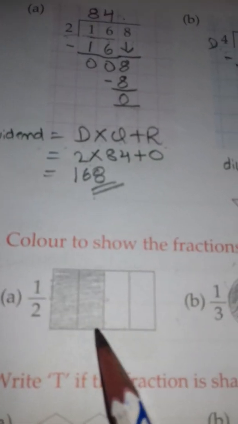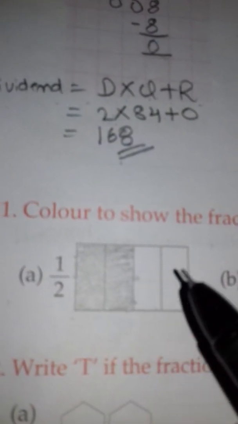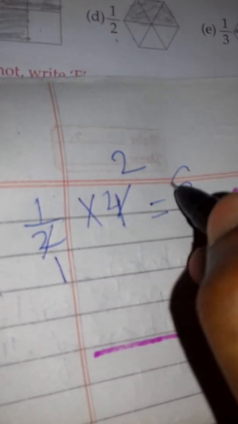For getting 1/2 also, like in A and C, we will do like that way only. Like in A, 1/2 means 1 2 3 4. Total number of parts 4. So half of 4 means 2 1s are 2, 2 2s are 4. So how many parts are there? 2. So 2 parts we have colored from 4. In D again, 1/2 of 1 2 3 4 5 6, 6. So half of 6. So 2 1s are 2, 2 3s are 6. So half of 6 is 3.